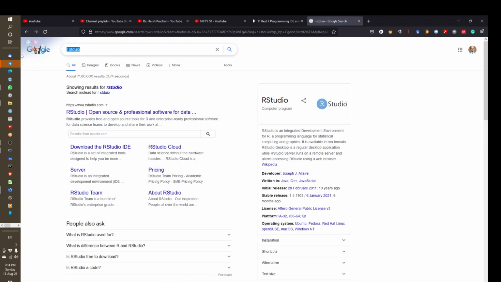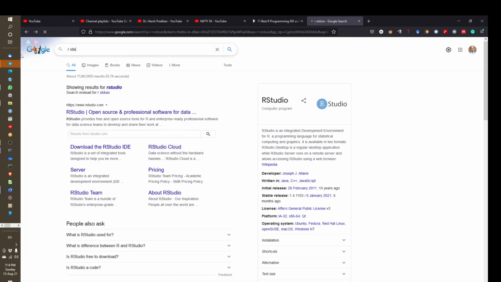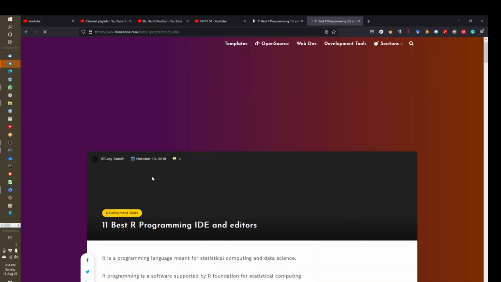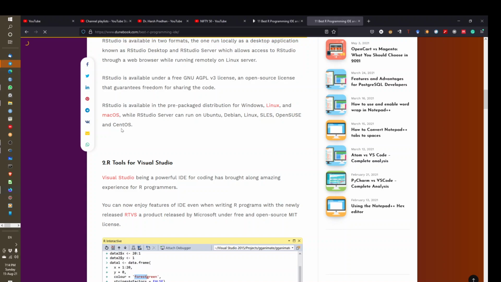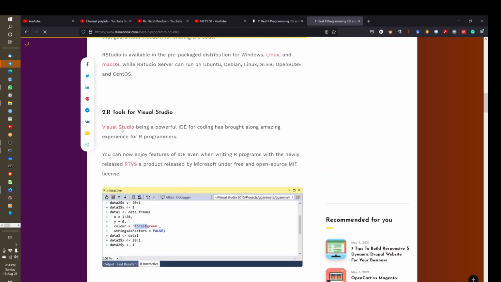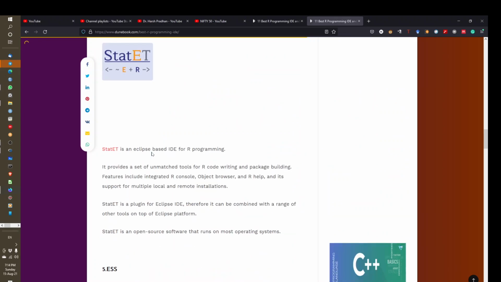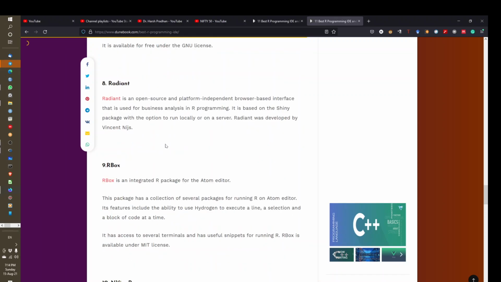However, there are other IDEs, what we call R IDEs, Integrated Development Environment. There are 11 R IDEs generally, but the most famous is R Studio. Depending on your requirements, you can change them. Suppose you want to use it for statistics, you can go for a stats IDE, or for analysis you can go for another.